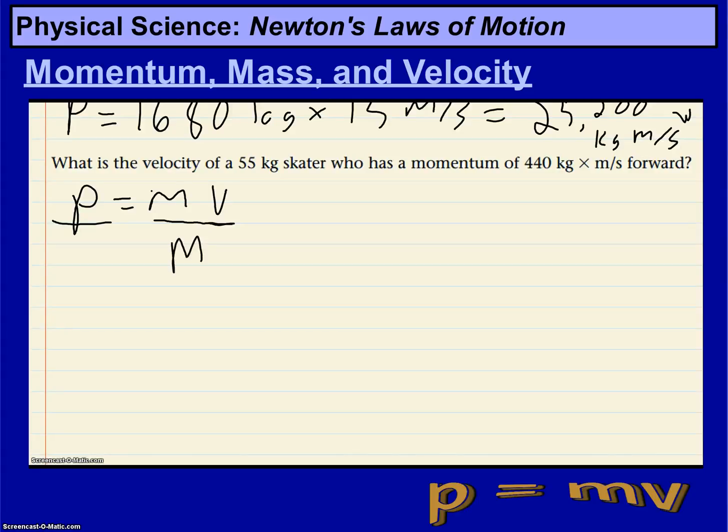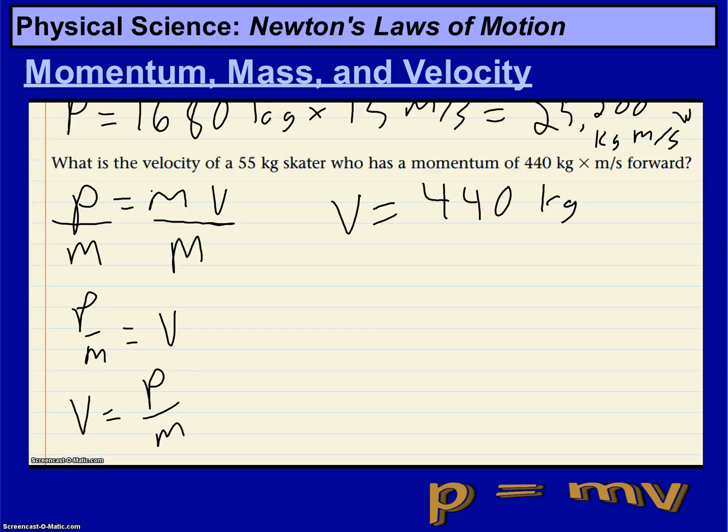Divide both sides by the mass, and we're going to learn that P over M, sorry about that, is equal to V, or your velocity is equal to momentum divided by mass. Okay? So let's bring that over here. We know that velocity is equal to momentum divided by mass, so that's